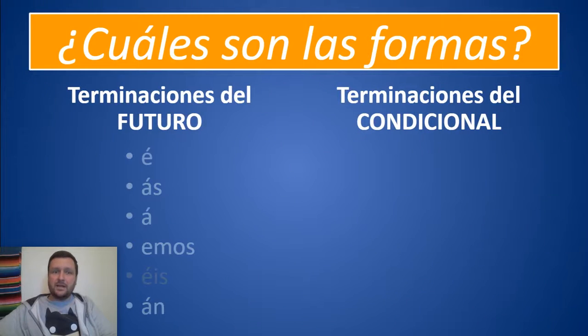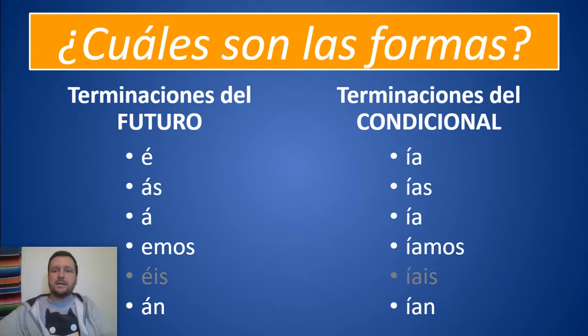You might recall the future tense endings being é, ás, á, emos, and án. So if I had comer, for example, I'd have comeré, comerás, comerá, comeremos, comerán. So all we have to do is memorize a new set of conditional tense endings. And all of these endings are ía based. You might think, wow, those look exactly like the imperfect tense in the past. Guess what? They're the same as the ER, IR imperfect endings in the past. The only difference is these get added on to the infinitive. So if I had comer again, I'd have comería, I would eat. Comerías, comería, comeríamos, comerían.